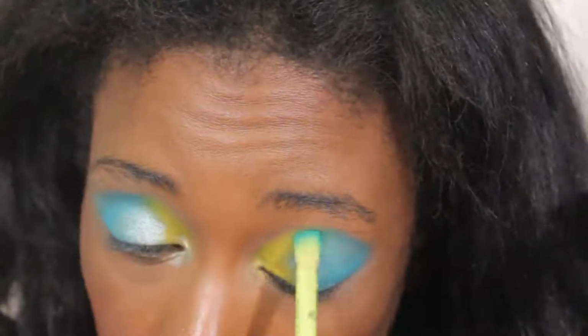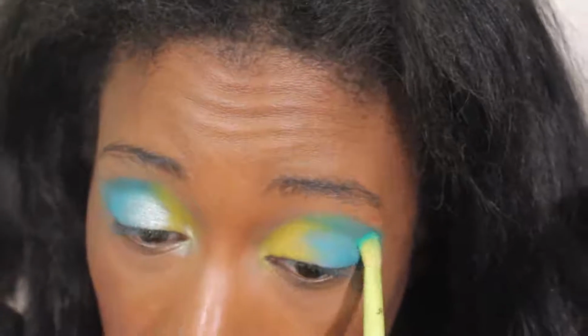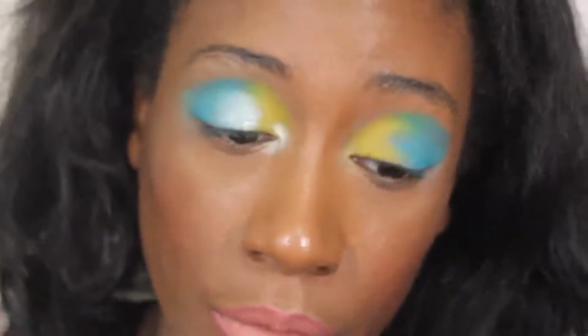I will say too, I found the shimmers to be not that impactful. I had to build this up quite a bit for it to be where it is right now. So just bear that in mind too. You're going to have to build up these shimmers quite a bit. So let's put this mirror down, since I used